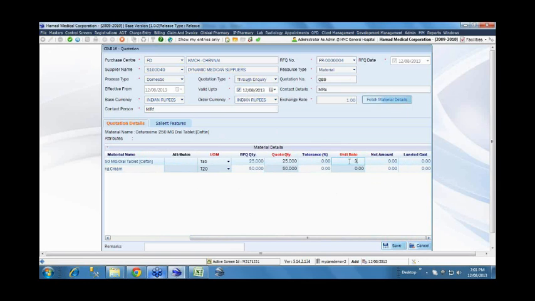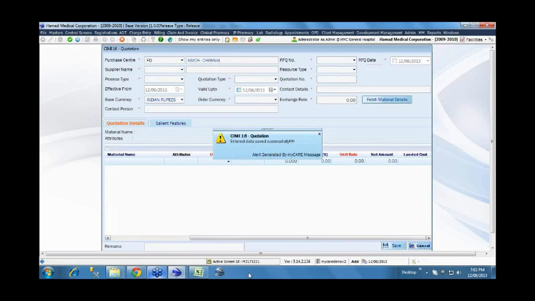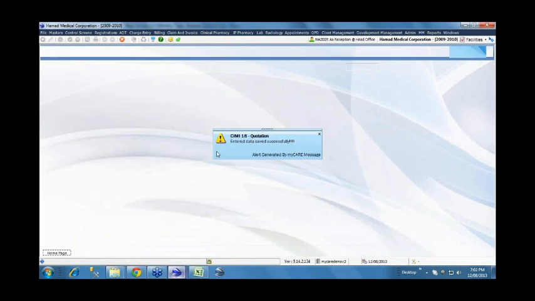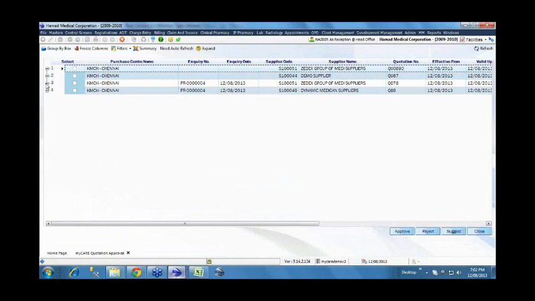So we'll specify capture the rate against the other supplier also. Okay. Now that we have received quotation from two suppliers to whom we have requested, the next step